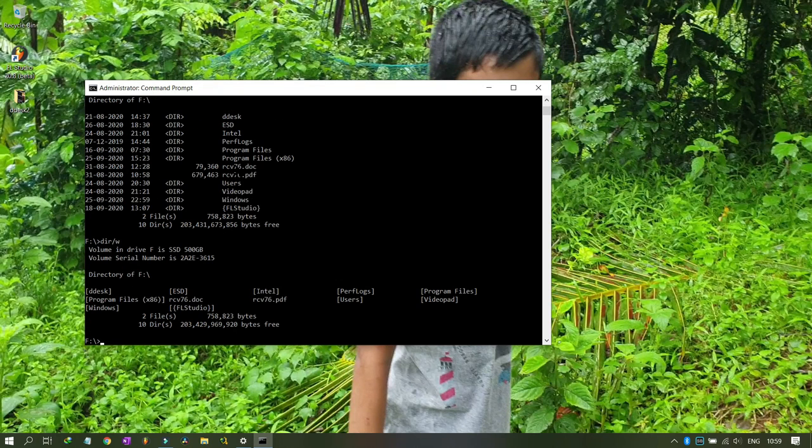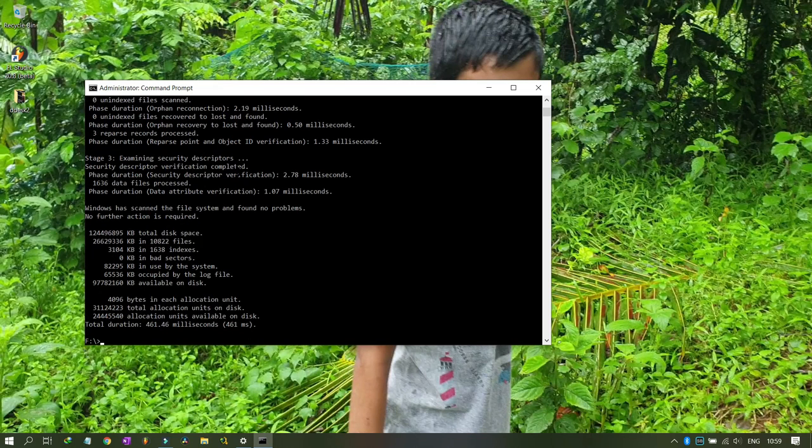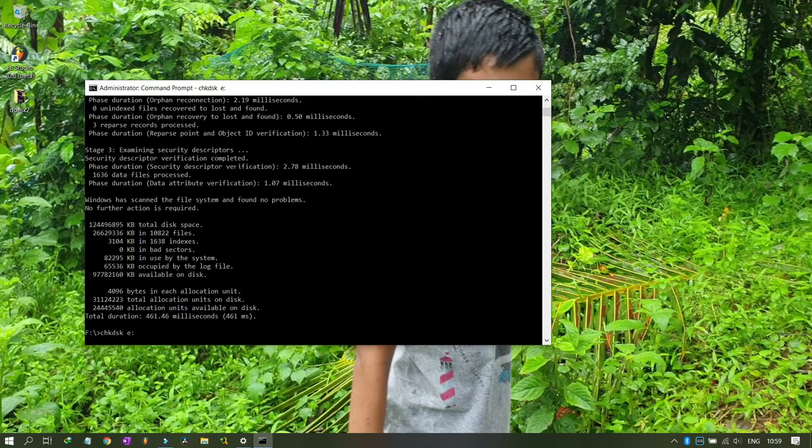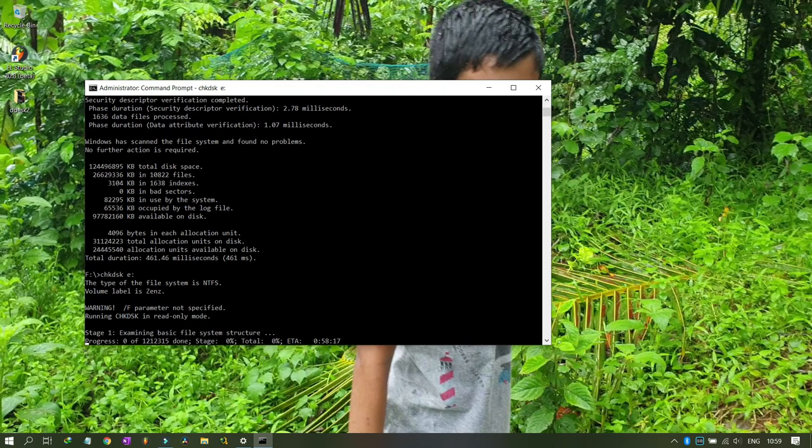Okay, to scan through check disk drive C, you will type chkdsk C:. Okay, and it has started checking the disk C. Then you can type chkdsk E:. So it will start checking the E drive. Once this has been done, it will give some information, 0 KB in bad sectors, file allocation tables and all those things.